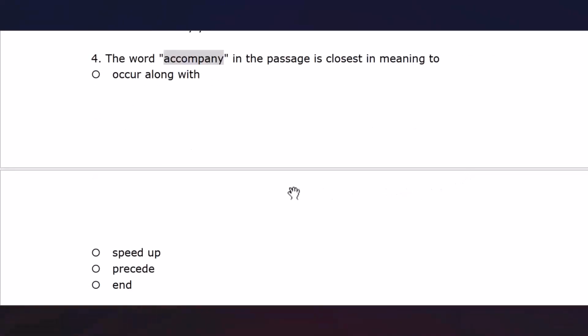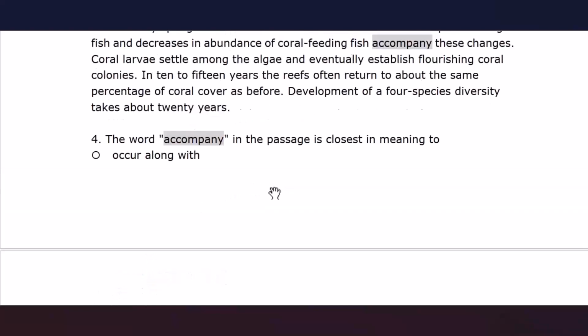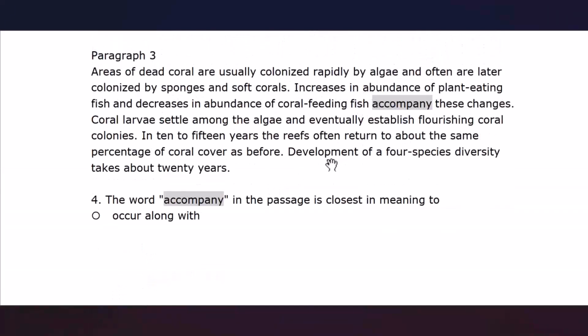However, with the rejection method, you can reject a choice when you insert this verb into the sentence instead of accompany. End, as a verb, means to finish something. And when you replace accompany with end here, you ask yourself, okay, what is the role of the sentence in delivering the meaning that the passage has aimed to get across? So you reject